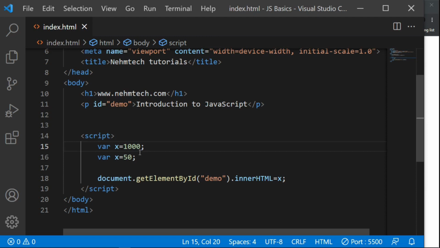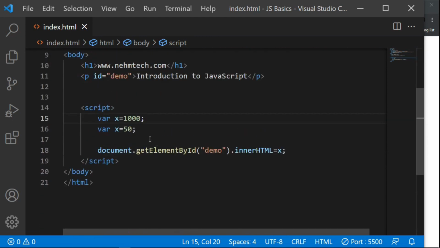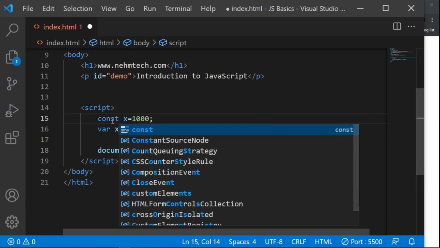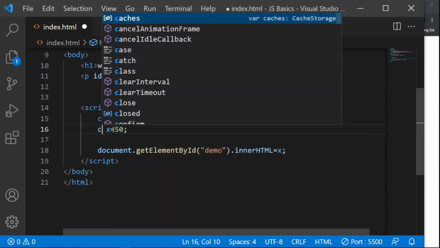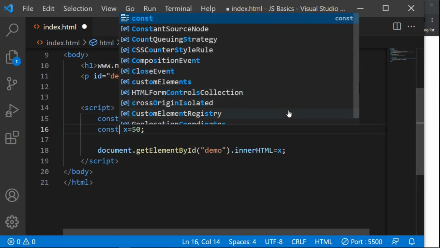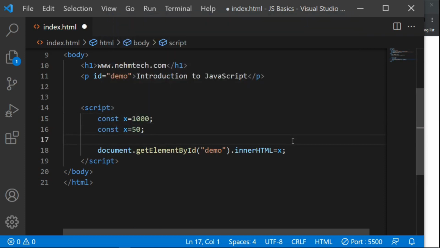You can use the block scope. So first of all, let's understand how the const can be redeclared. Let's use a const here, const, and then here also again let's use const,